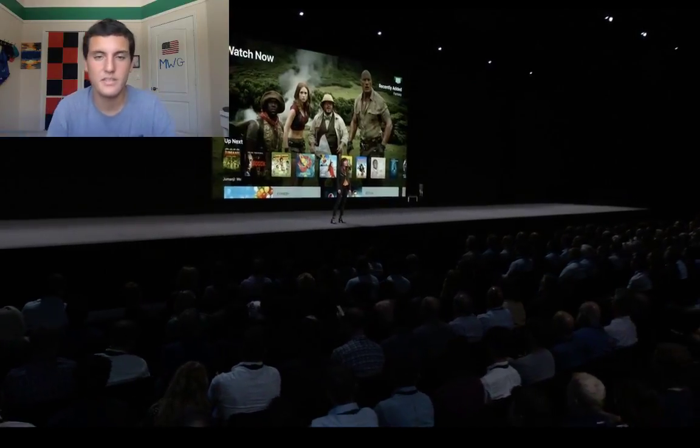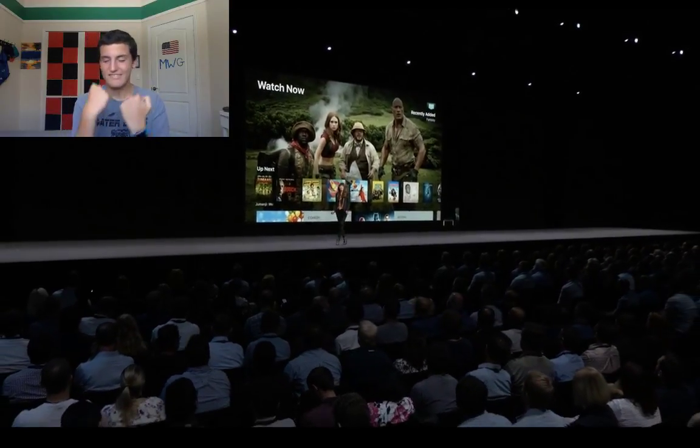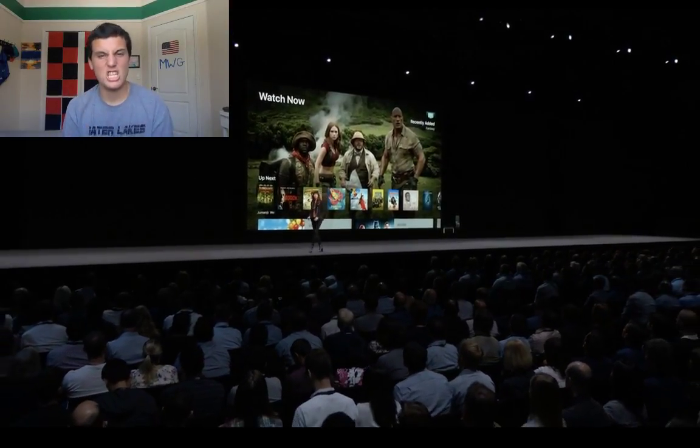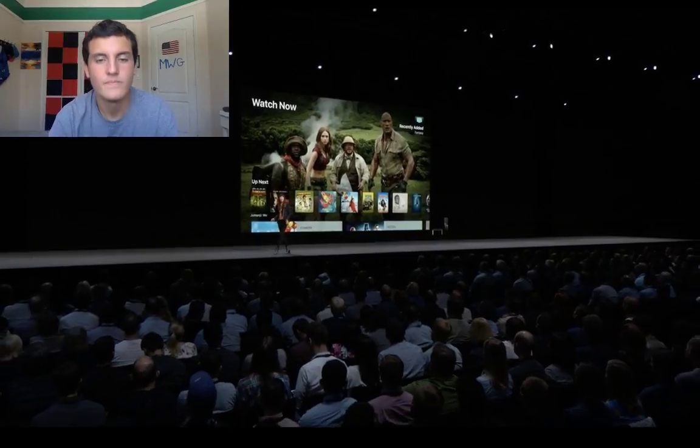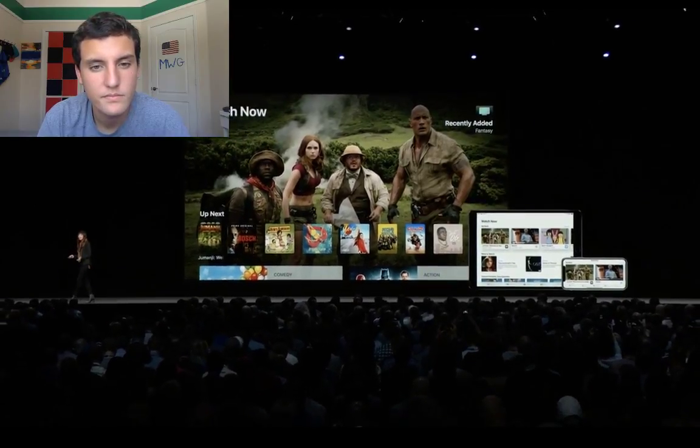The Apple TV app is the center of your video experience. A single place to find and watch what you love across your favorite apps. It's on Apple TV, iPad, and iPhone, where you can find not only on-demand TV shows and movies, but also live content